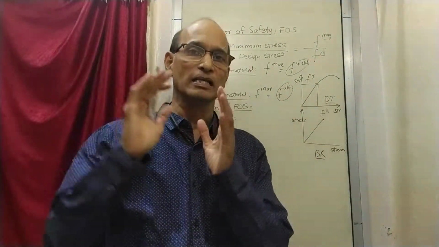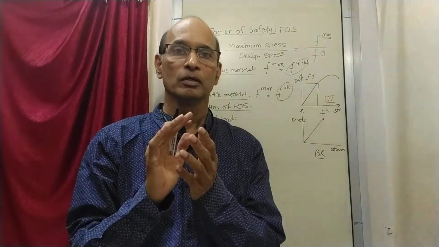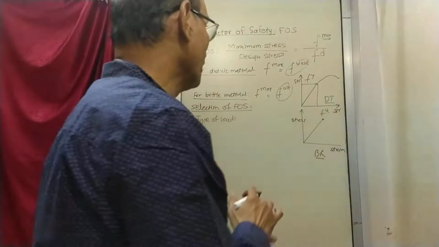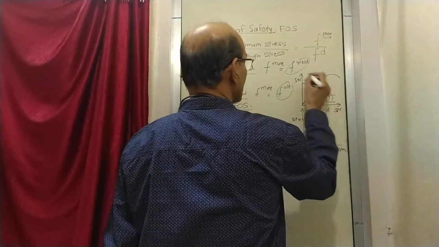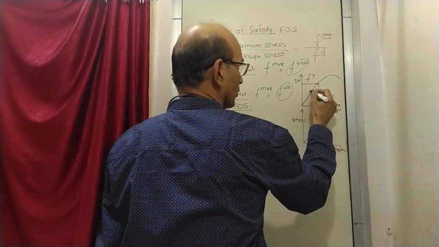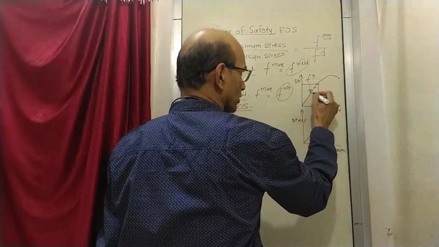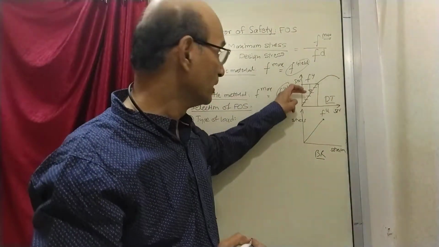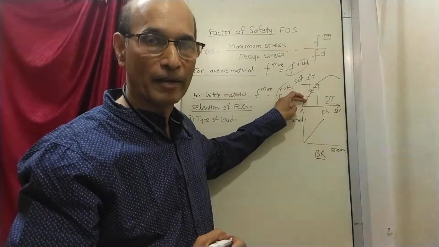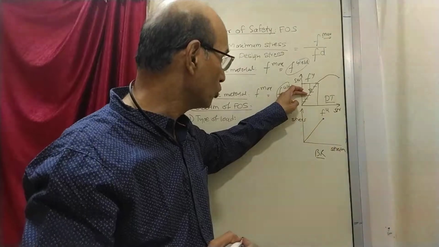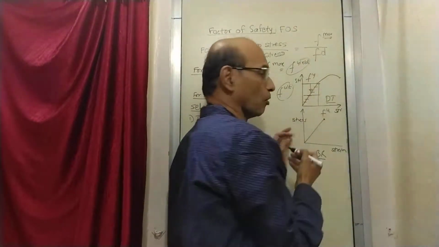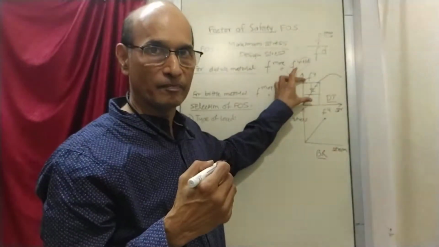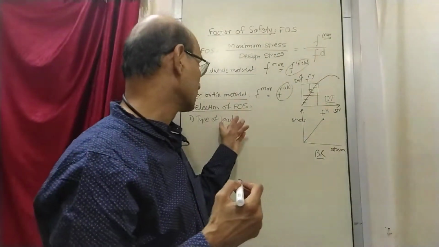They will be slightly lesser in case of variable load, and very less in case of static load comparatively. That means in the graph you are coming down, see this is the yield stress, and you are going to come down from yield stress to some value. How much down you come depends on what factor of safety you apply. If you apply a factor of safety 2, that means you are coming 50% down. So you take the design stress as 50% of yield stress like last time. But depending on the type of load it changes.